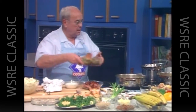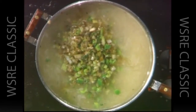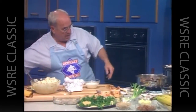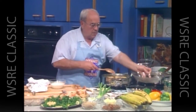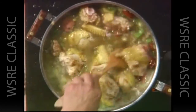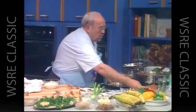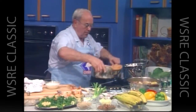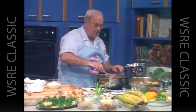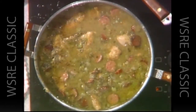All right, we add now 4 to 6 or 7 cups of water and bring that back to the boil. We add back into our dish our wonderful aromatic vegetables, our smoked sausage rather, and our chicken. We're going to put this on the back burner and let that cook for 1 hour. So I'm going to move this off heat and bring on up further the gumbo that has been cooking for 1 hour. You can see how it has developed a wonderful color,